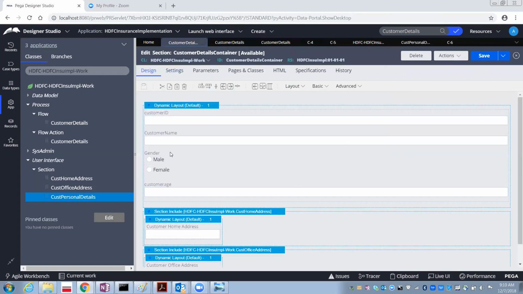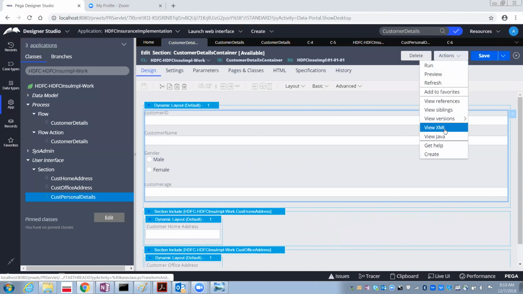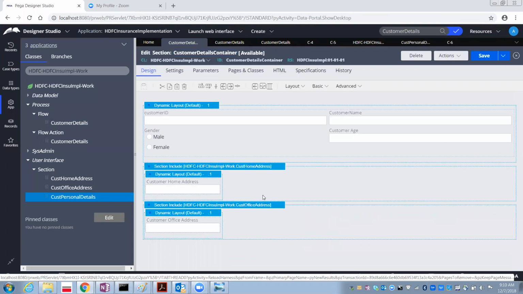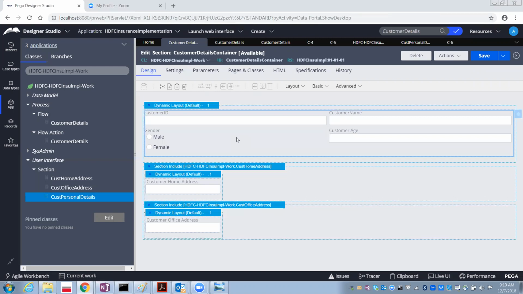So here is this customer ID, customer name. Without giving the customer name, can we process the home loan or the insurance? No, right? Customer name is the mandatory one. And this gender is also mandatory, and this customer is also mandatory. So if you want to do these kinds of validations,